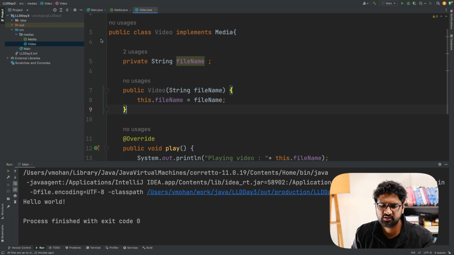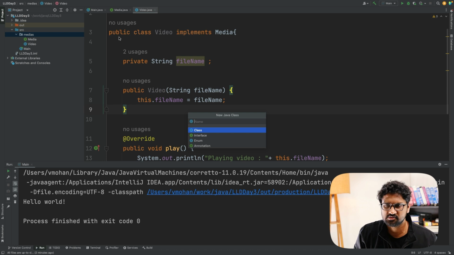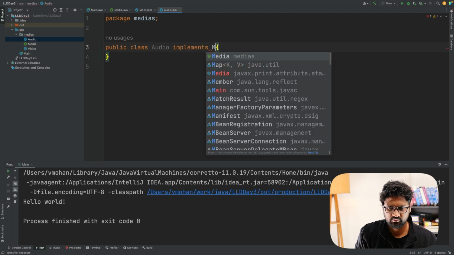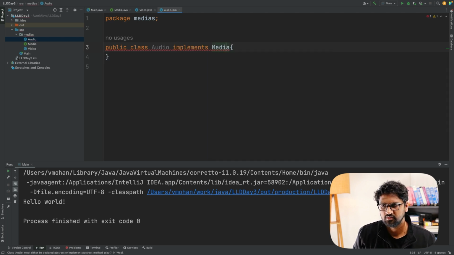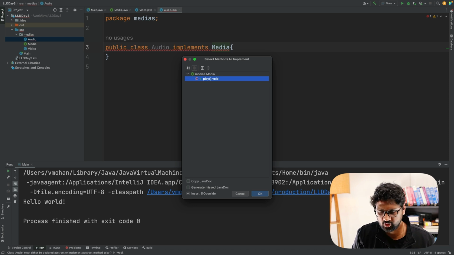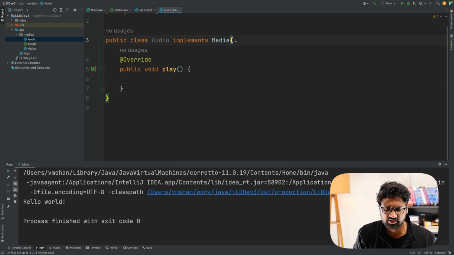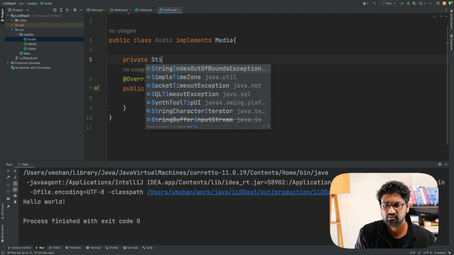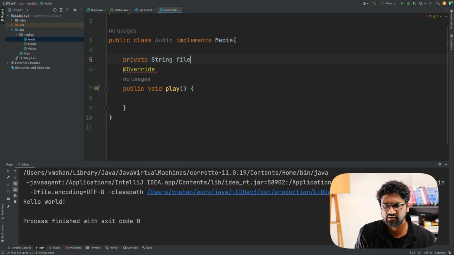Similarly, I can go and define another file called audio file. Let me define the class called audio, and I implement media, and then I have to implement this method called play. Now inside this, let me keep a file again here, private string, and I call it file name,